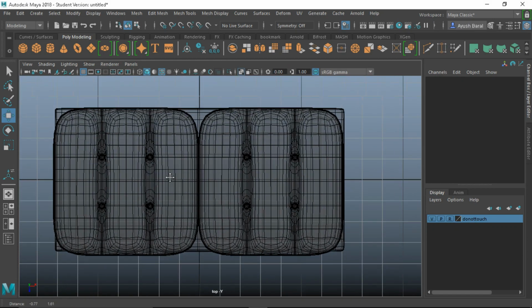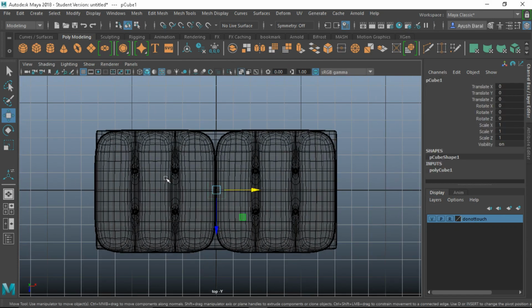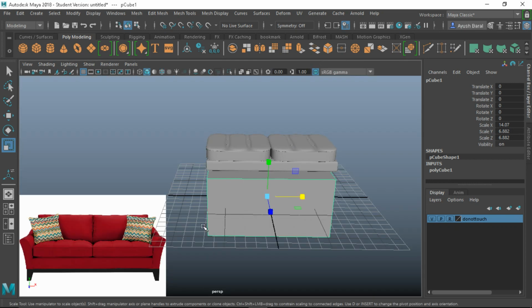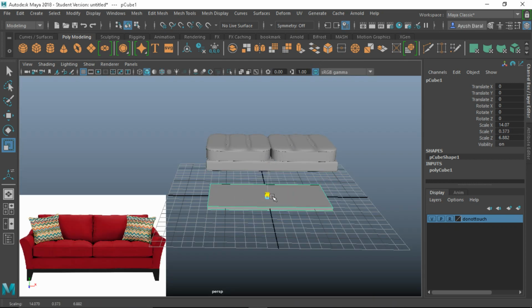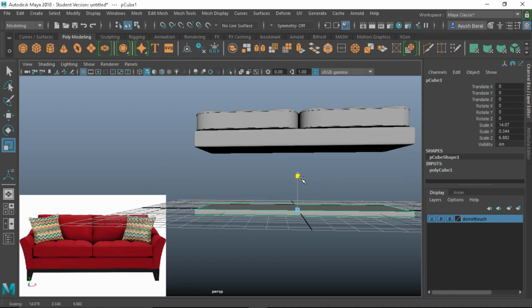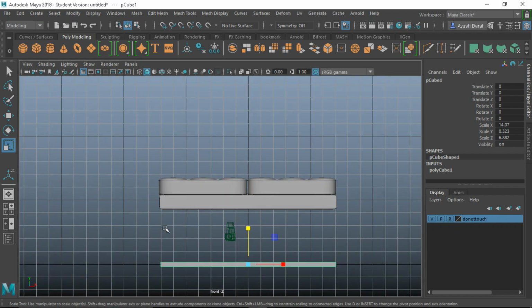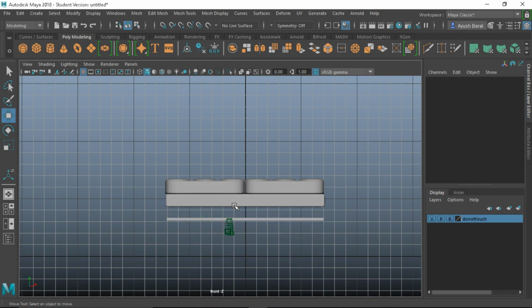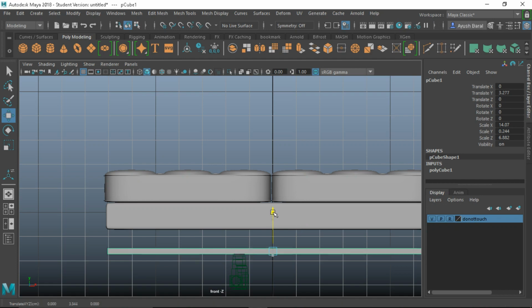Go into our top view and create a cube, R to scale, and scale it proportionately on the X right there, and scale it down significantly, something like that. Go into your front view and a little bit more and pull this up a bit,